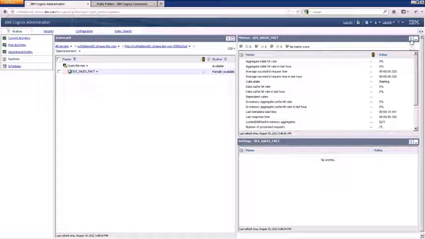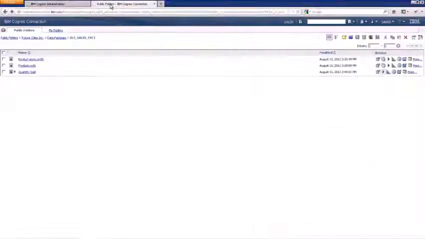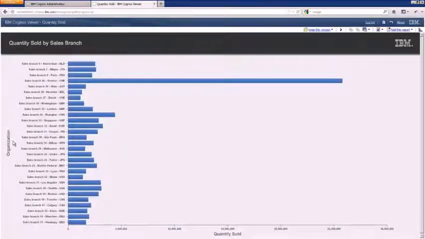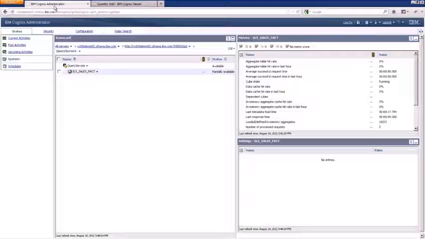As it continues to load, let's run those 2 reports that the Aggregate Advisor based its recommendations on. There are 2 interesting things to note here. First, notice that there is no remodeling required, simply a restart of the cube, and we can run the Aggregate Advisor multiple times against a different set of criteria and load a different set of aggregates simply by restarting. Secondly, see how this does not affect cube availability. The cube is available even though all the aggregates are not yet loaded.